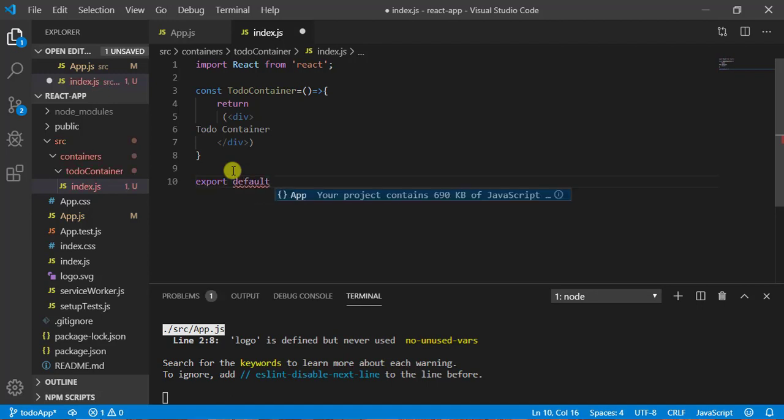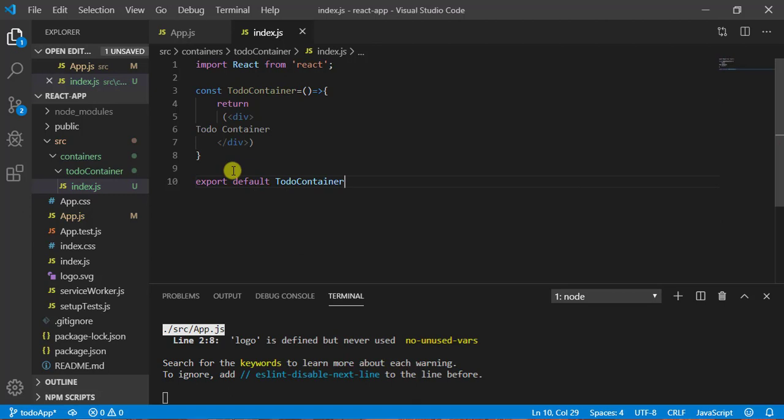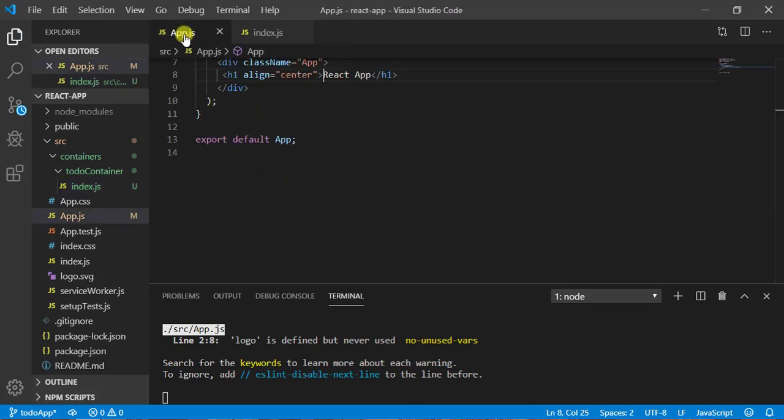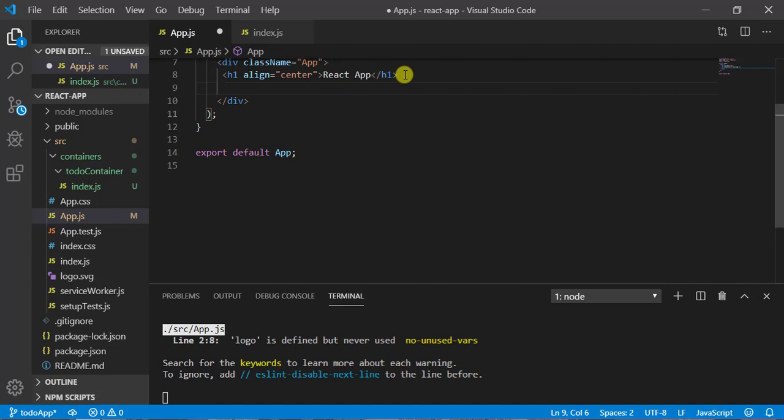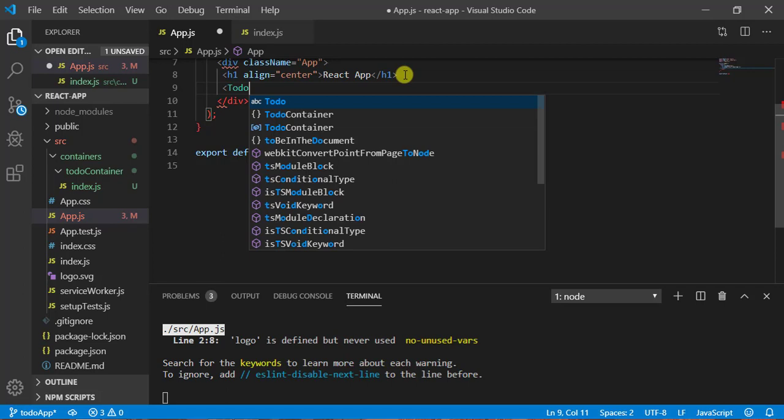Now let's come to App.js and import this todo container component. So write todo container here, and you can see I have selected this symbol, so it will give me the auto import option. Let me hit enter.